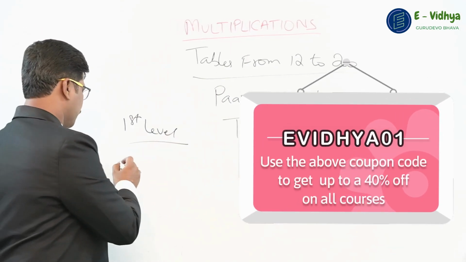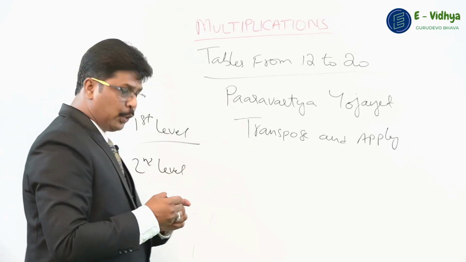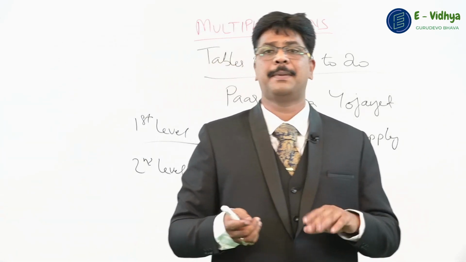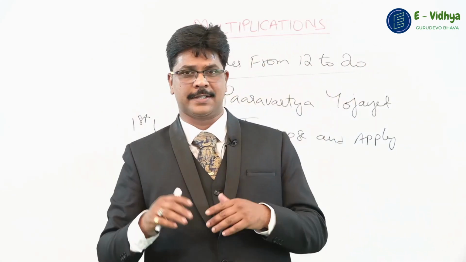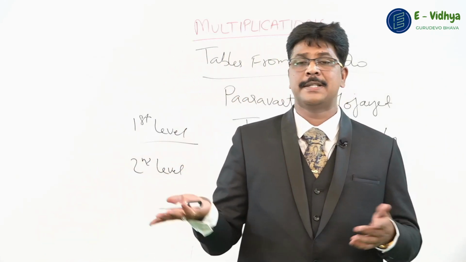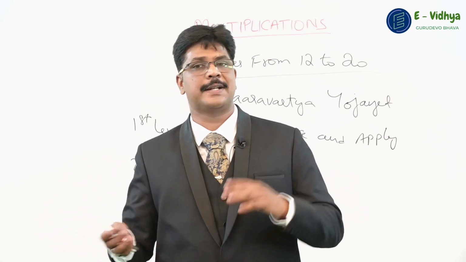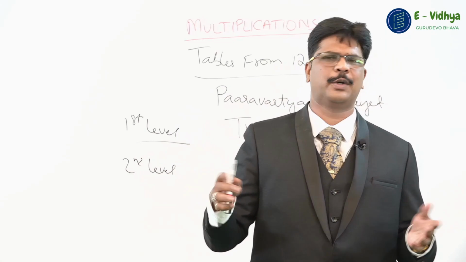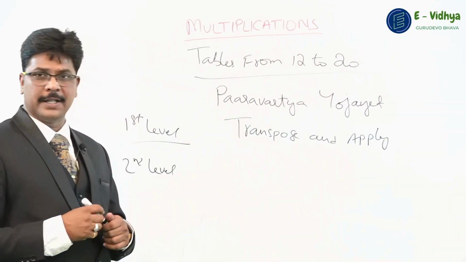Now let's go for level 2. The second level is called adding 2 different tens. It's also quite easy. How much is 10 plus 30? You get 40, right? How much is 40 plus 20? See, 2 different tens, like 40 and 20. So 40 plus 20 is 60, right? How much is 60 plus 30? It's 90. How much is 20 plus 50? You get 70. It's quite natural. How much is 80 plus 70? You get 150. So this is the second level, that is adding 2 different tens.